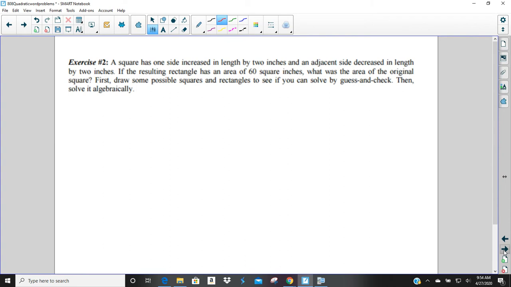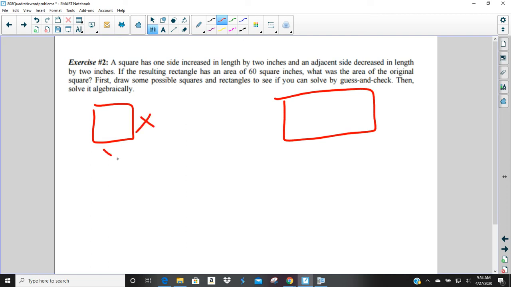A little bit easier. A square has one side increased in length by 2 inches and an adjacent side decreased, which is the other side, by 2 inches. If the resulting rectangle has an area of 60 square inches, what is the area of the original square? So let's draw out a square and let's draw out the rectangle. If they're saying the square, we don't know what the area is, but we know that the square has all the same sides, so therefore they're all x. So they're saying that one side is increased by 2 and the other side is decreased by 2. And that area